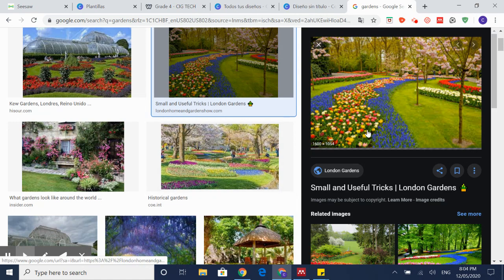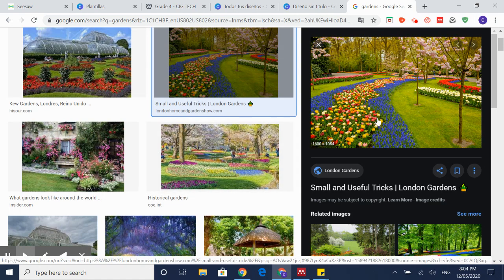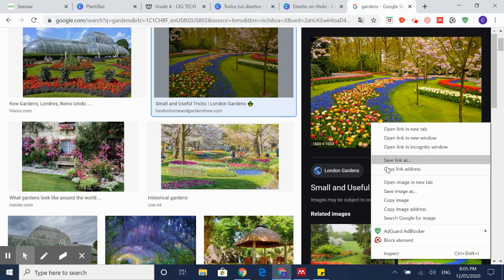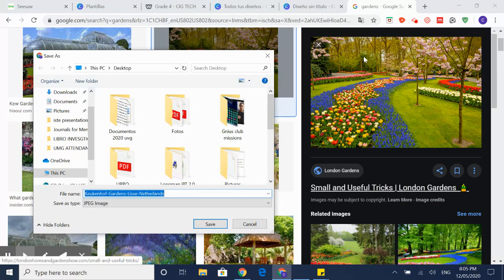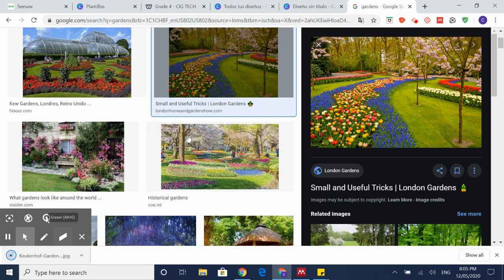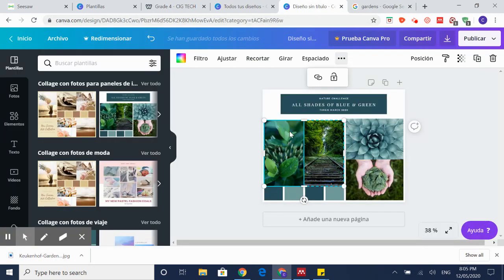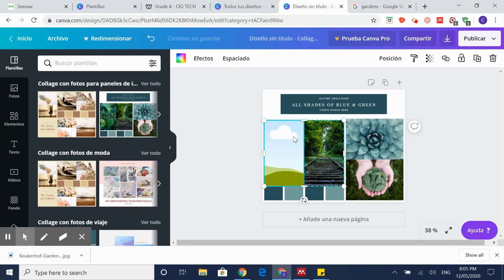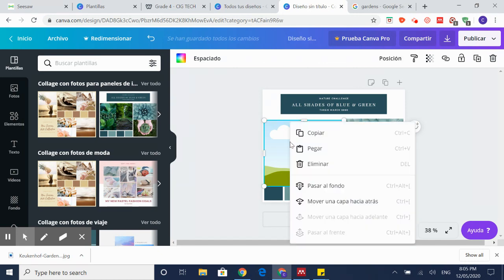Once you decide on one of these gardens, if you are using a laptop or a computer, you right click and save an image. Then decide where to save it. I'm going to save it on the desktop. When you save it, it's downloaded already. Return to the collage and you will erase the pictures and you will go to